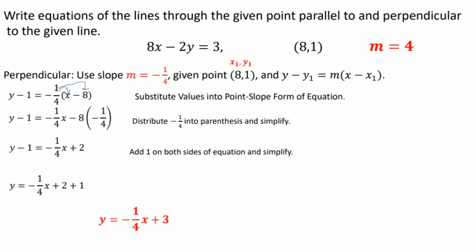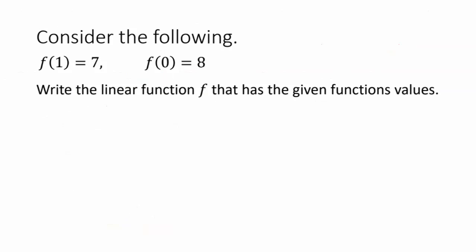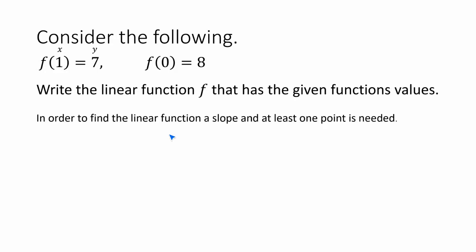So anytime you want to do that, you want to make sure that you have two things, right? The point and then the slope. And if you don't have the slope, at least you need to have enough information to find it. So if we look at this one, the instructions is still write the linear function. So in order to do that, as I mentioned, we need to know the slope and we need to have 1 point. So here it doesn't look like they give me anything, but if we kind of look at this